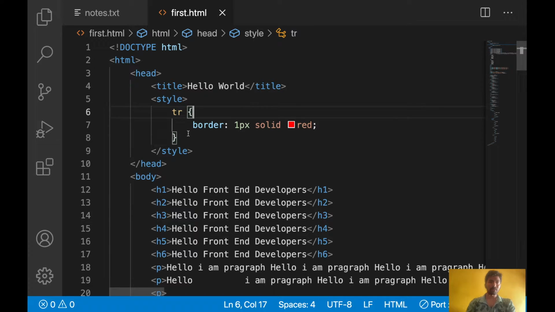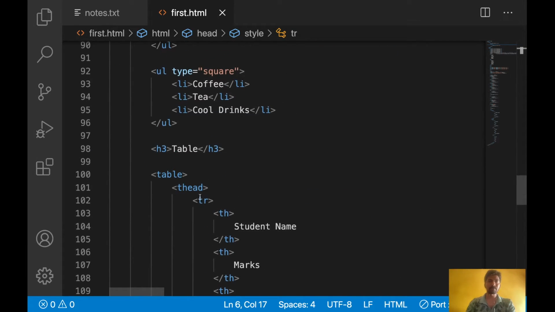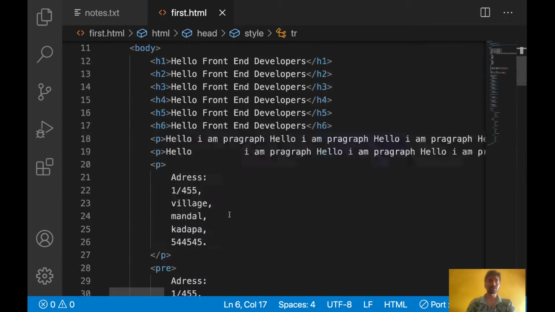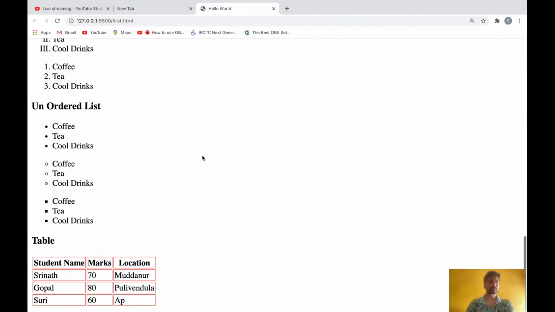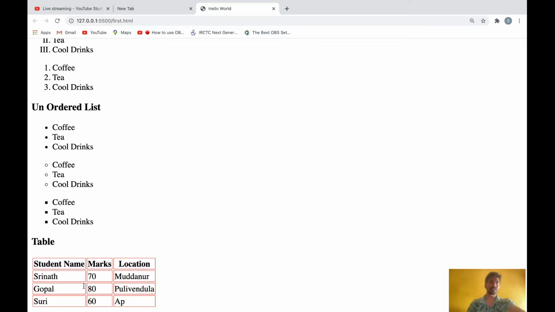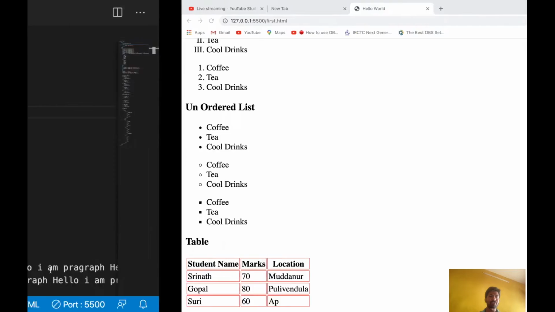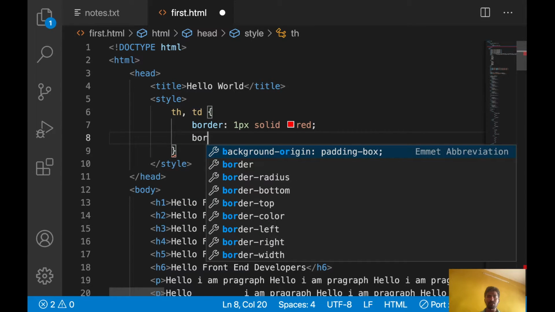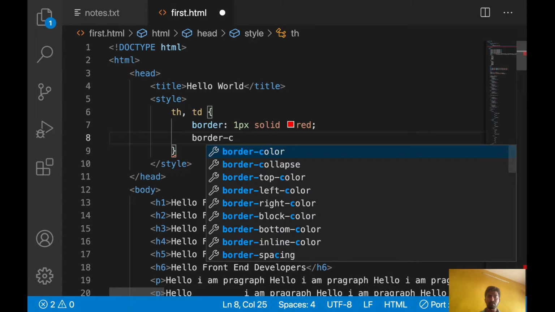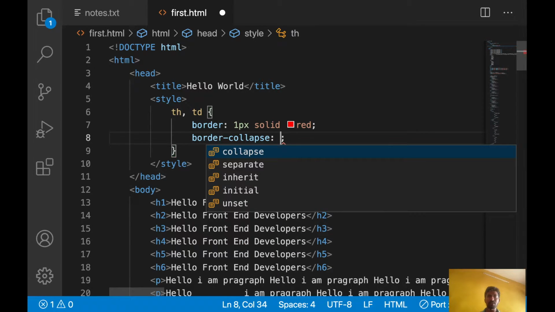tr. Okay, why it is not coming? Let's give for th, td. For both it will apply th and td. See, now it is coming like this border actually. Okay, multiple borders you can remove using border collapse.